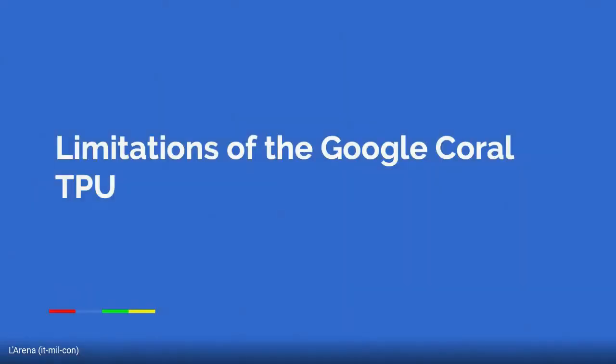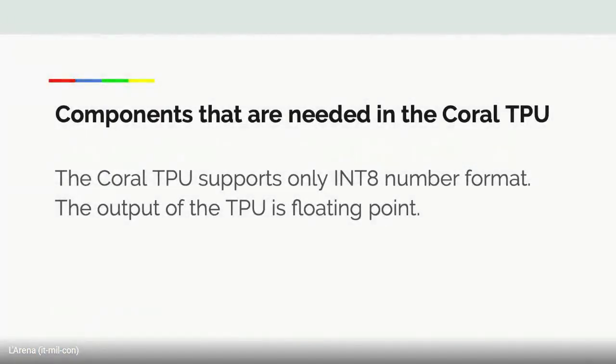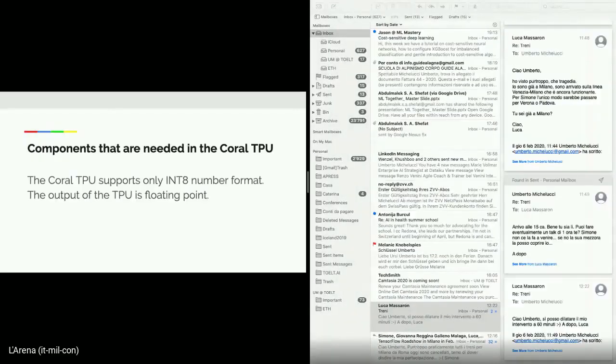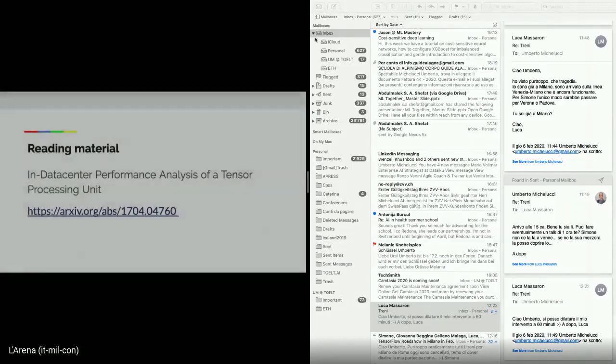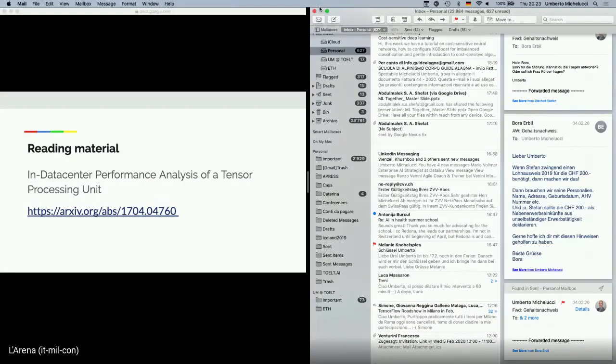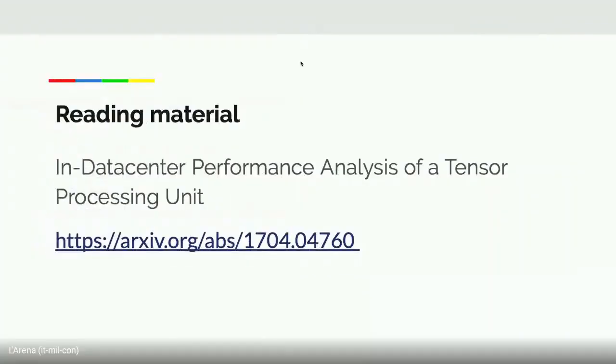Now, the problem is that when you start using those kind of edge devices, you have to make them so small and use so much less energy than the others. I'm sorry, I think I can close this one. Okay, so,